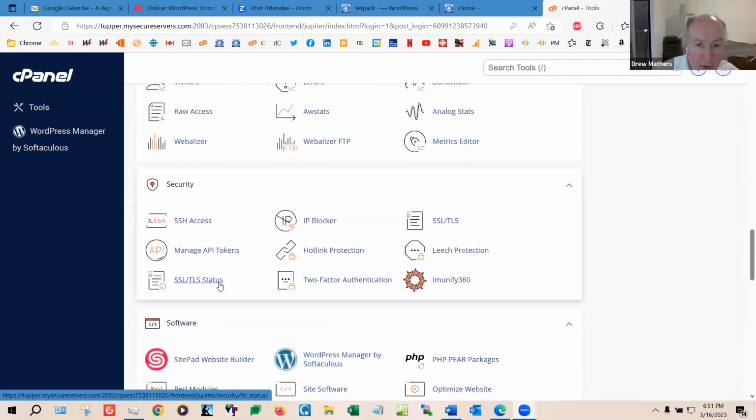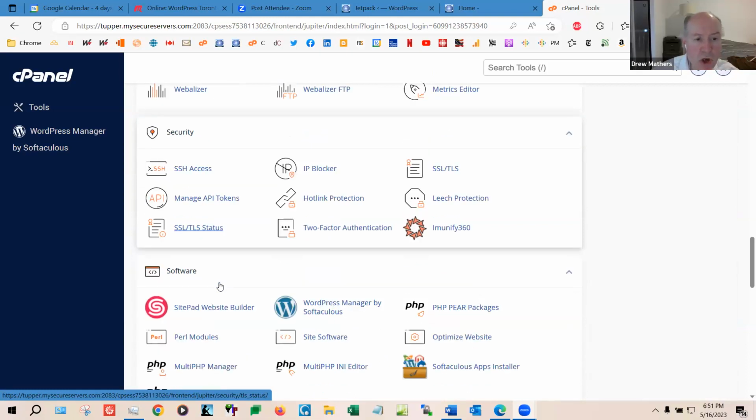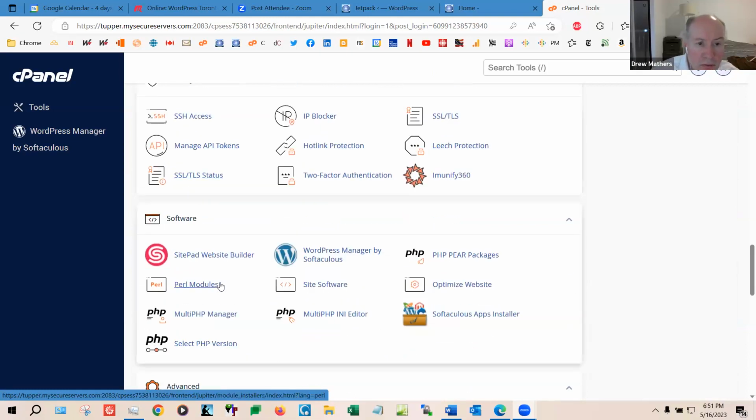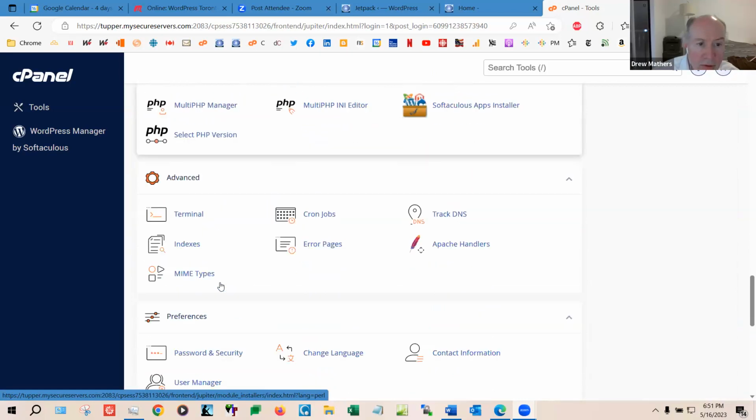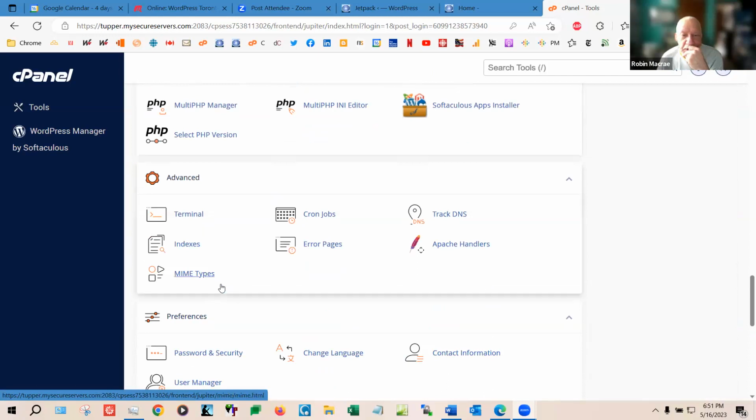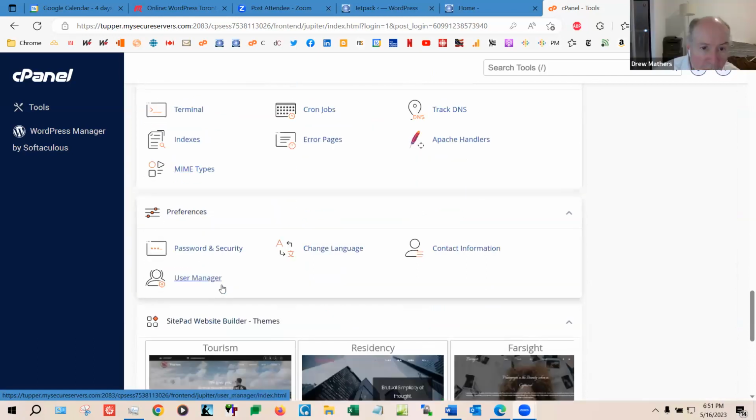No, you can just scroll down slowly, please. PHP. A little more. Terminal. Let's see, index. Okay.